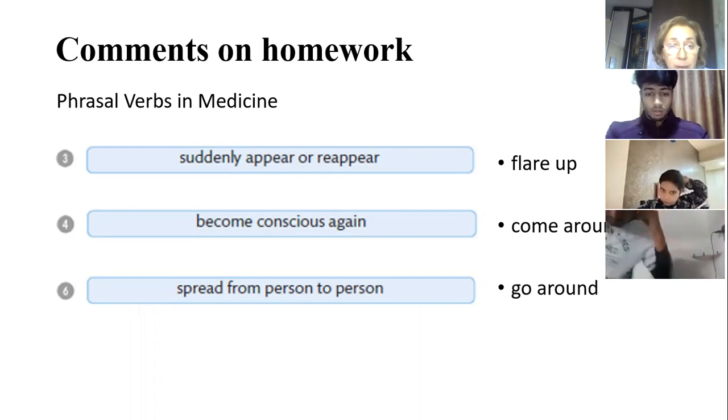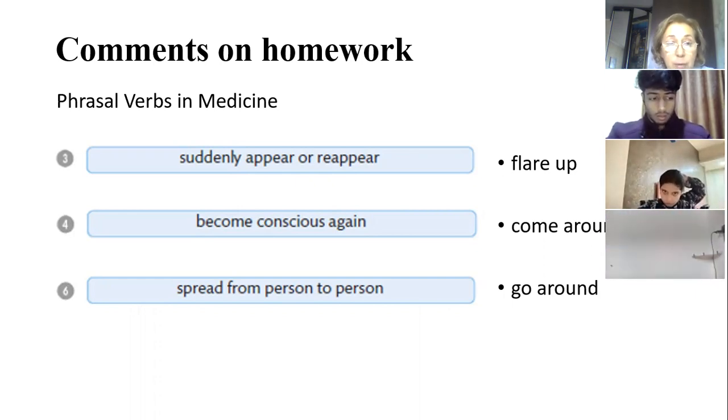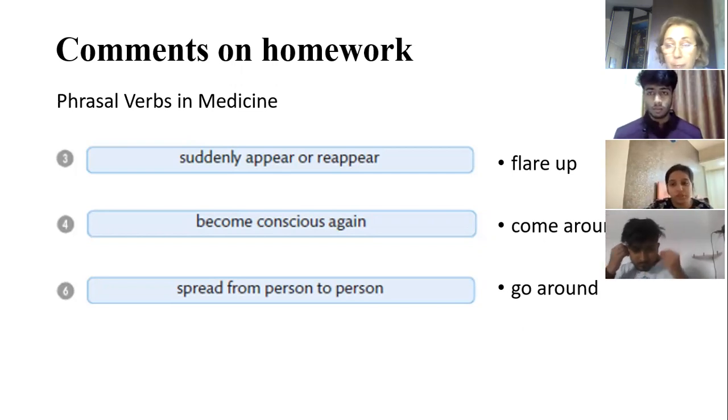The meaning of flare up is suddenly appear or reappear. Become conscious again, this is come around, and spread from person to person, this is go around. We can say that some kind of infectious diseases go around some part of the city, for example,